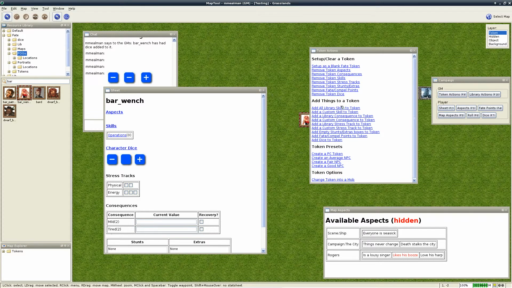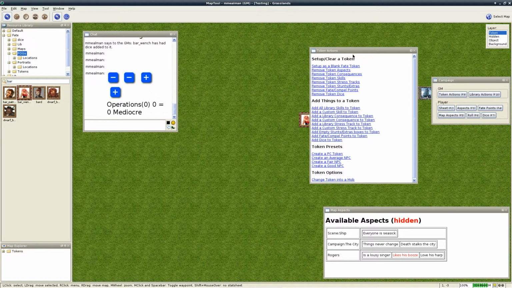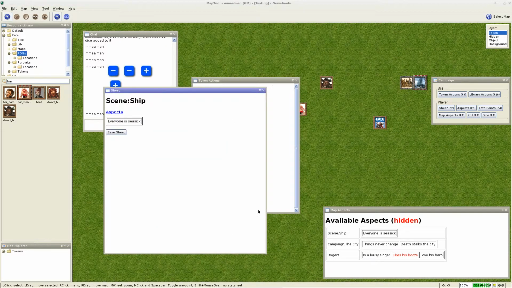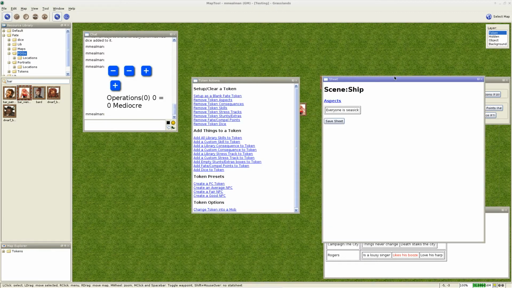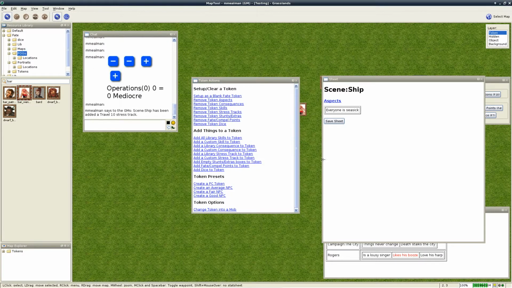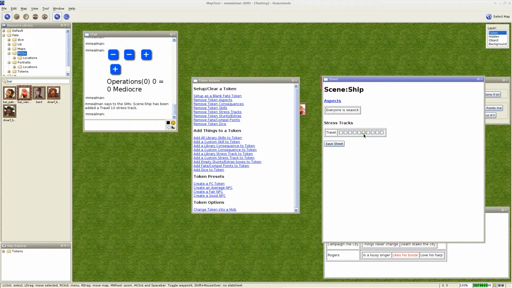In addition to that, these allow you to very easily customize your tokens in a lot of interesting ways. For example, here is a scene ship. I don't have really anything on the sheet for that. But let's say I want to do traveling and I want to have people roll their sailing skill and have a fate fractal for that. Well, I can add a custom stress track to that. Let's call that travel. Let's make this a 10 stress track and update the sheet,